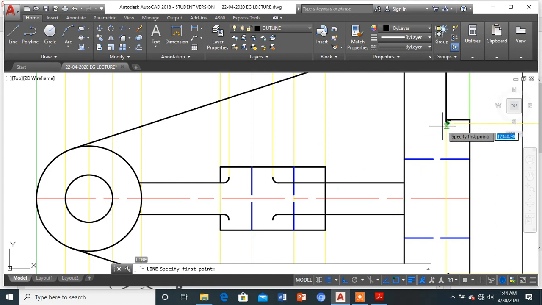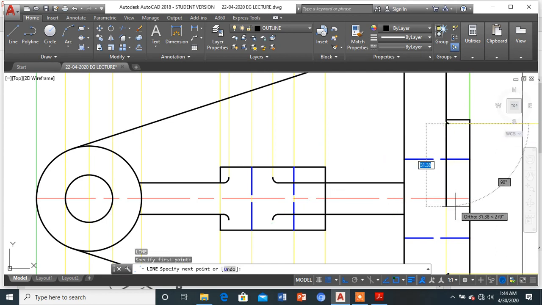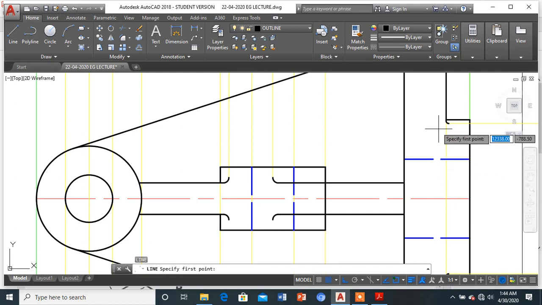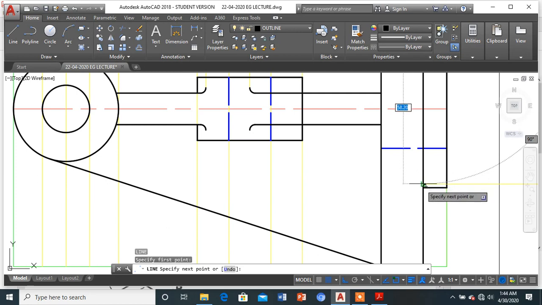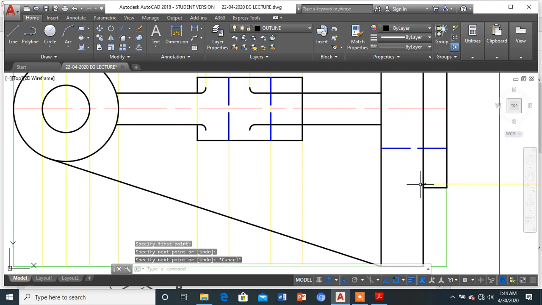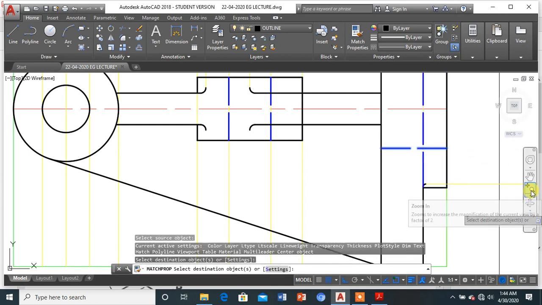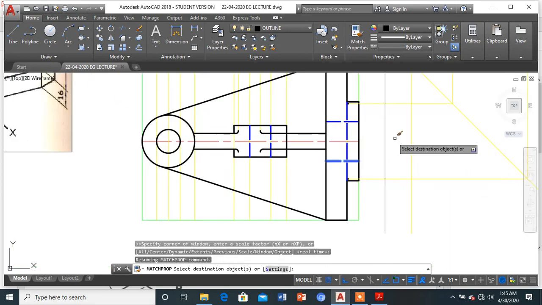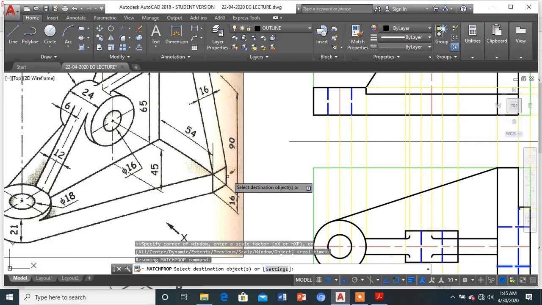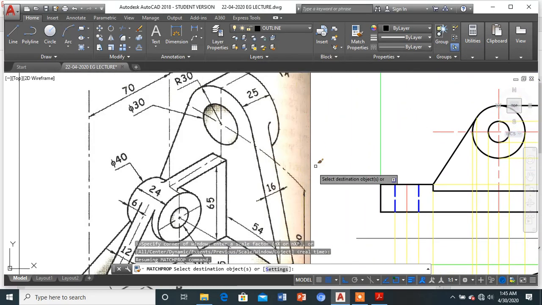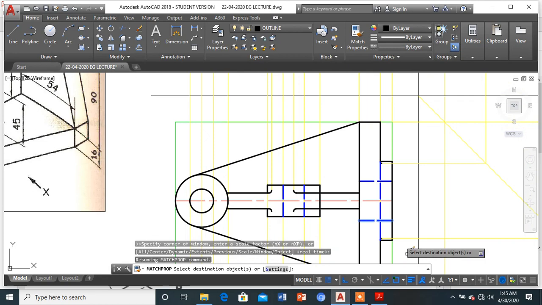If I say to be started from here, and it will be drawn till the other end like this. Okay, so I can make this as the hidden line. Why do we draw this as the hidden line over here? The reason behind this is, as you can see, this entire edge will be going till the extreme end. That is why the hidden line from the top you will be seeing like this.